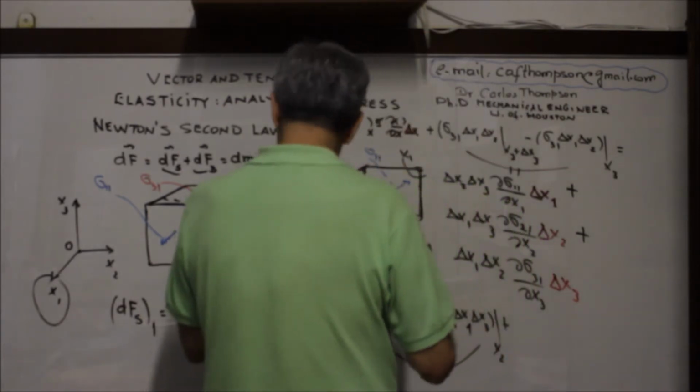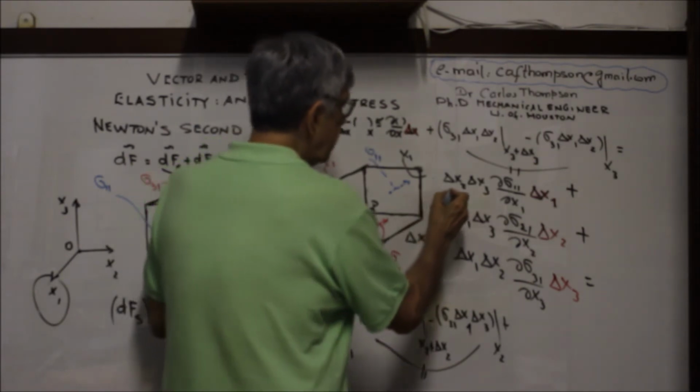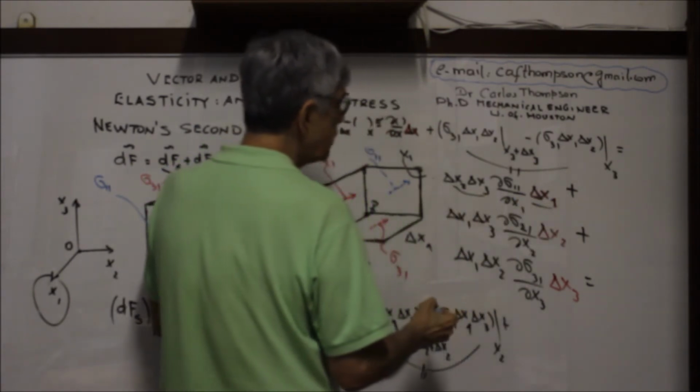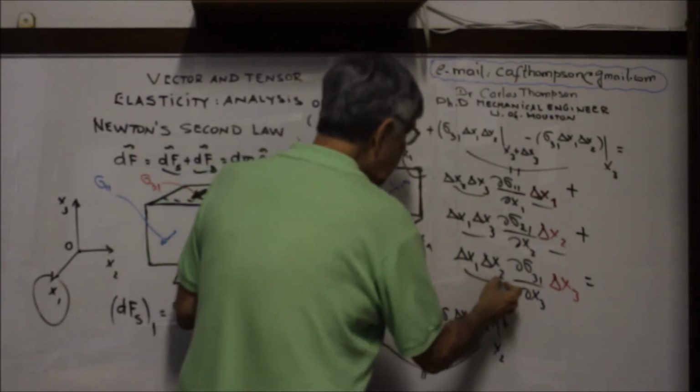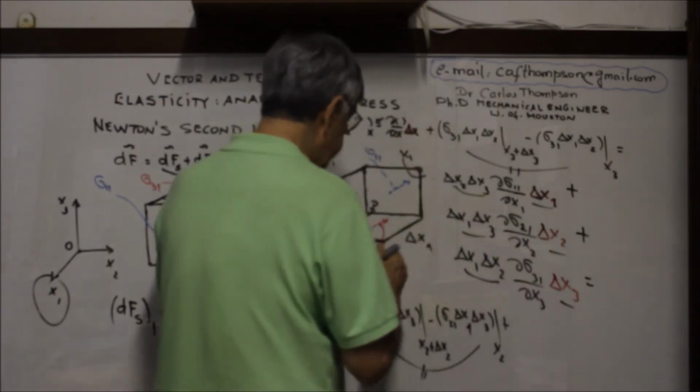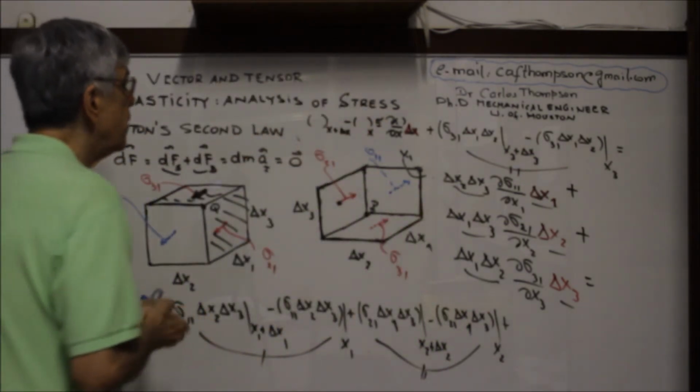Now you can see easily that this term, delta x1 is delta v. This term, delta x2 is delta v. Delta x1, delta x2 is delta v. So I can write that, you see,